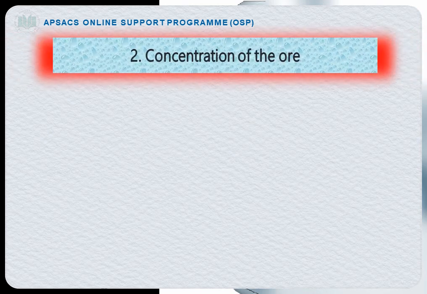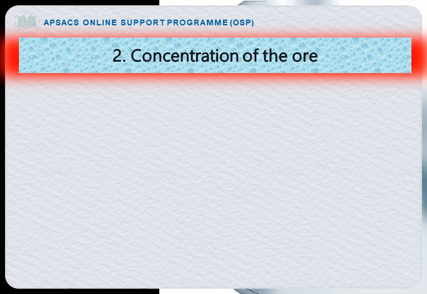We will discuss in detail which physical methods are used to remove these impurities. Following methods can be used to remove impurities or gangue. The first one is magnetic separation, second one is cyclone separation, and the third one is flotation method. These were the concentration of the ore, that is, removing of impurities from the minerals through some physical method, and three methods here we discussed, that is magnetic separation, cyclone separation and flotation.